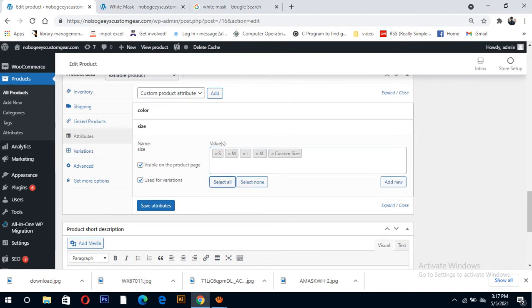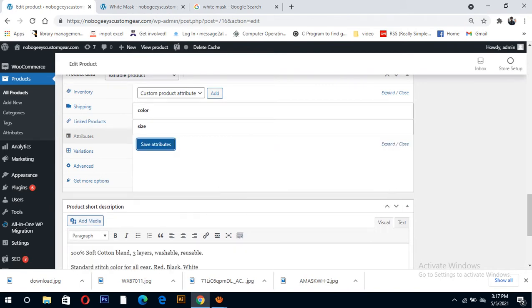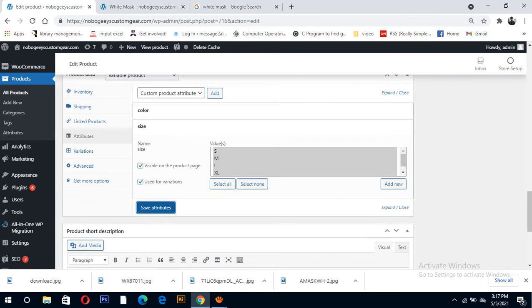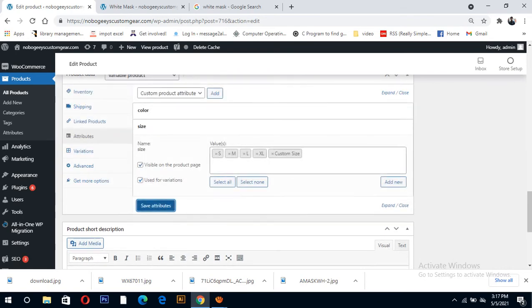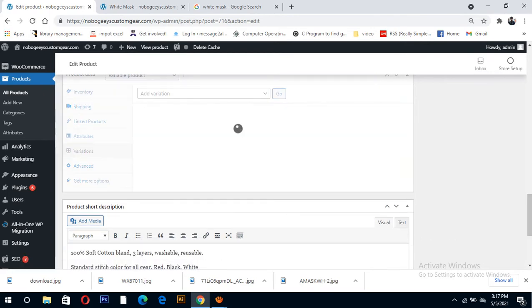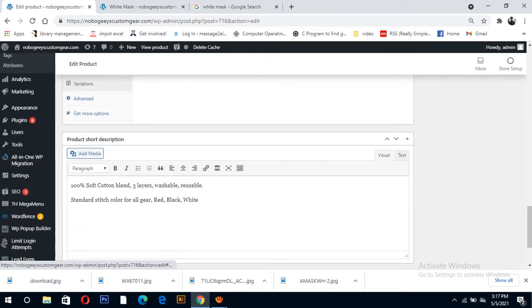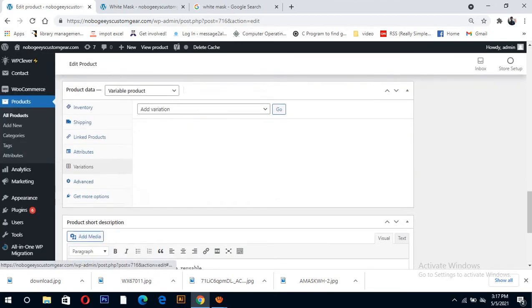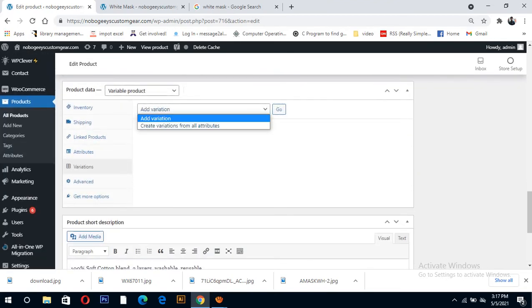If you want all, then click all and save. If you have many other sizes, you can create them another way. I can show you that. Now click variation, and for variation 2, first click add here.